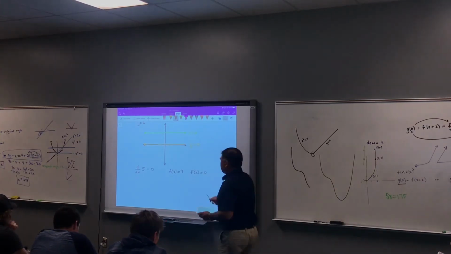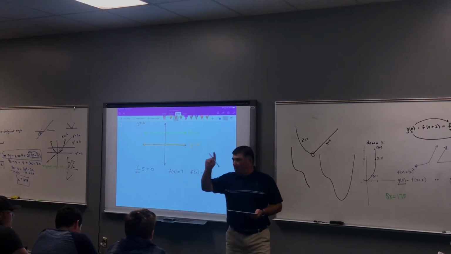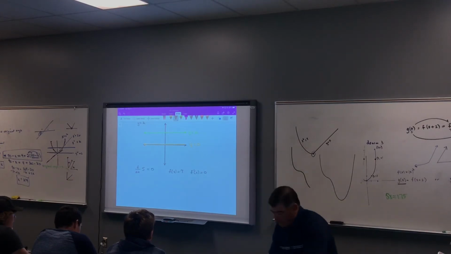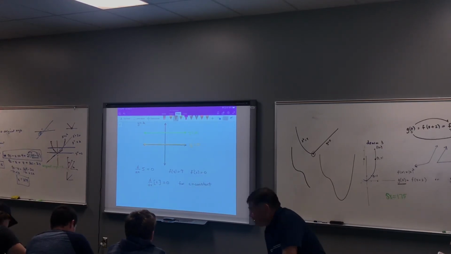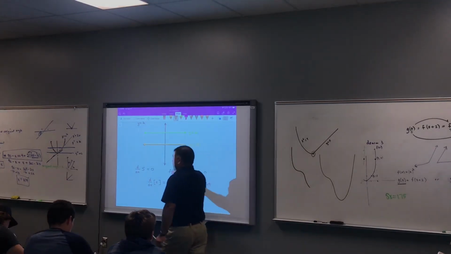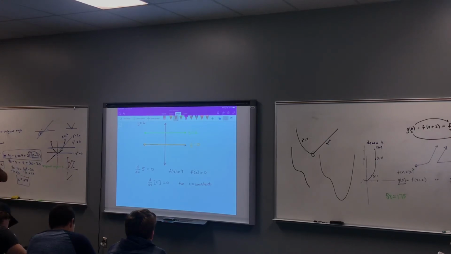Okay, so if f of x is 7, f prime of x is 0. So here's rule 1. The derivative with respect to x of a constant is 0, for c equal to a constant. And there's the visual evidence that backs it up. Okay? And the thing that's awesome about this,